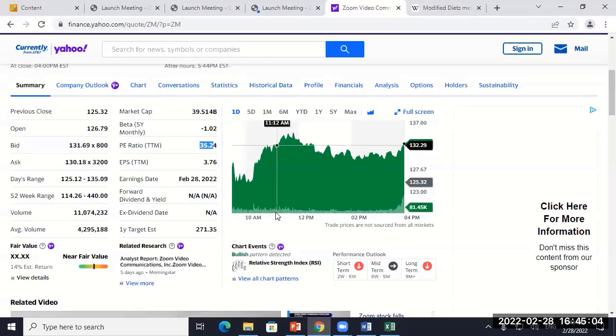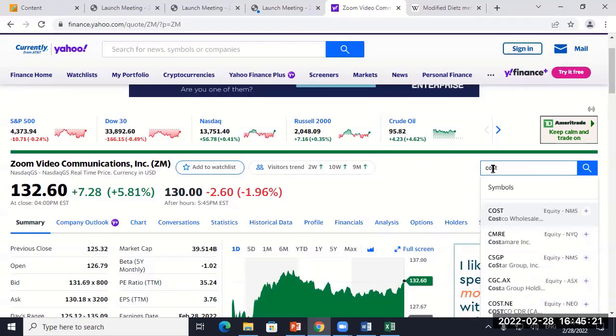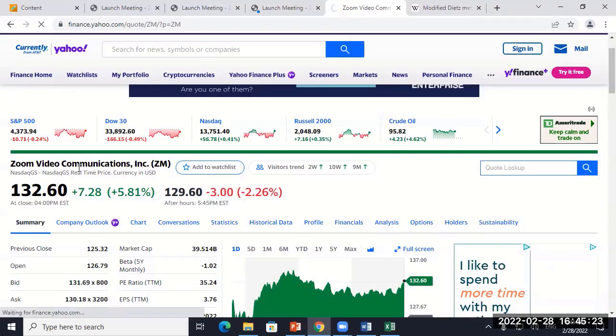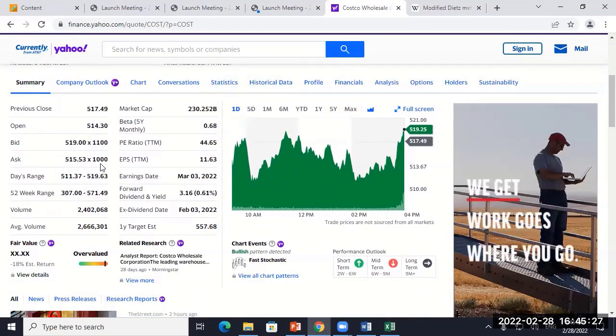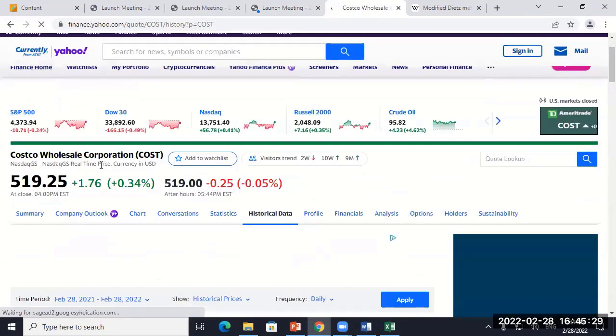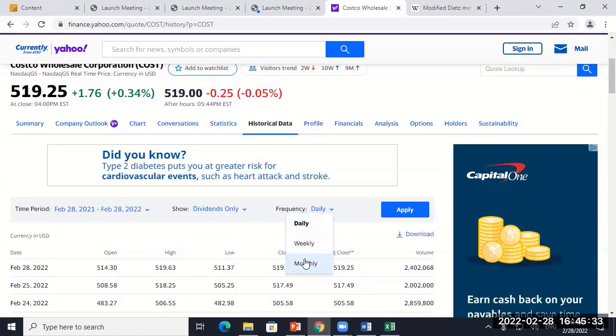So what company do you want to do that on? So anybody have one that pays dividends that you're interested in? Has to pay dividends because I want to put the dividends in there. Why don't we try one that's really strange on dividends, and that's Costco. Costco is one of the most bizarre companies. If you look at their dividends,